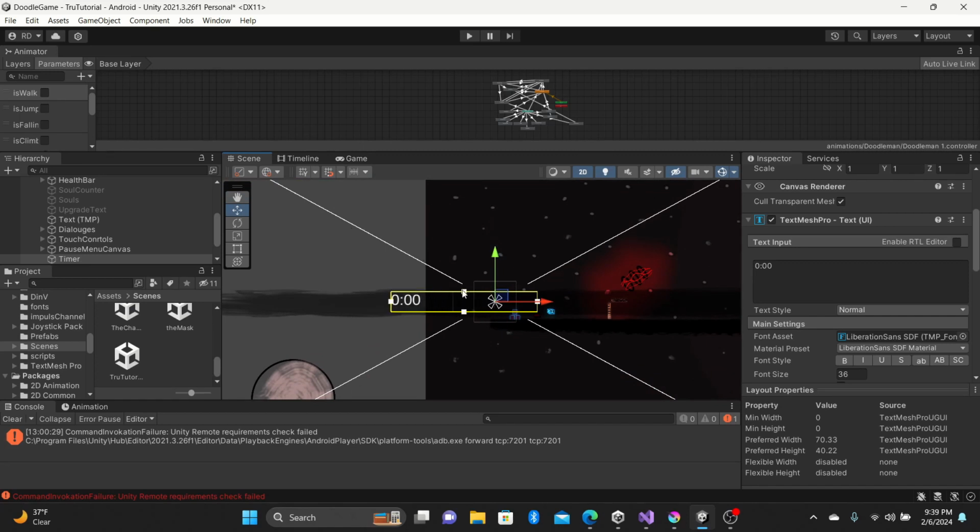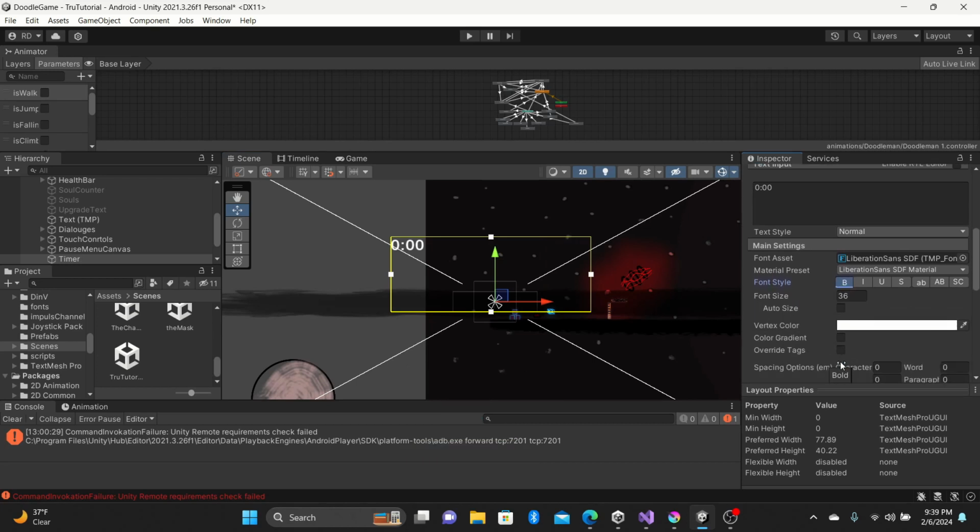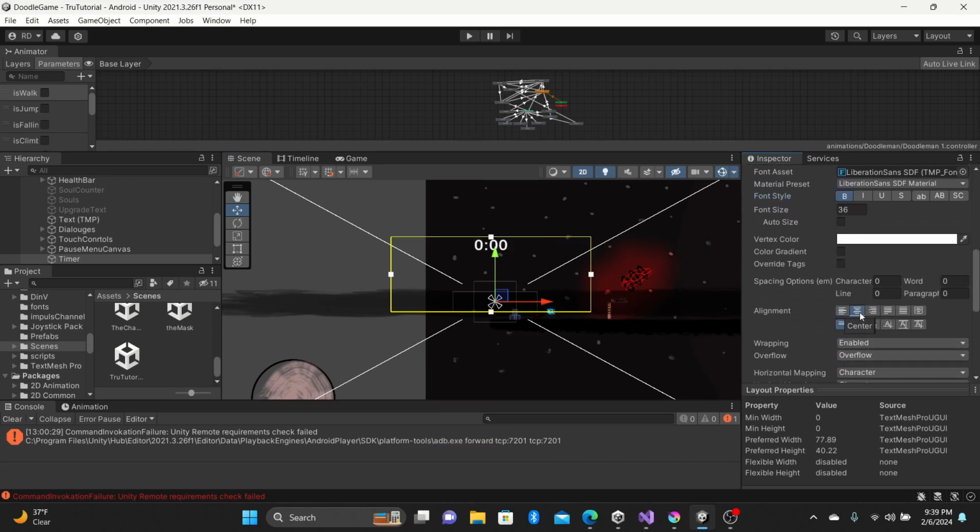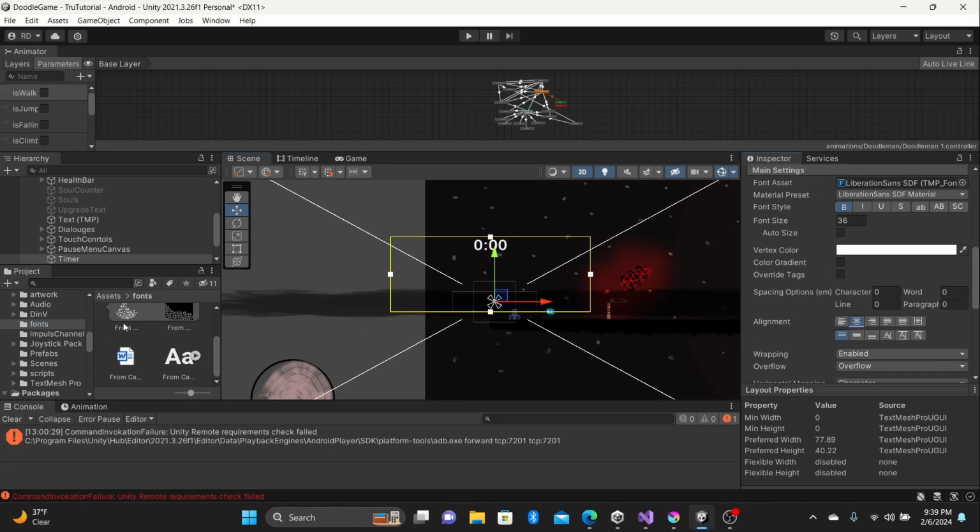So I'm gonna drag this box collider out and make the font bold and center the text. And then if you have a font, you would drag it in now. You would drag it into this font asset tab here and see the font change, and then we'll make it nice and big,